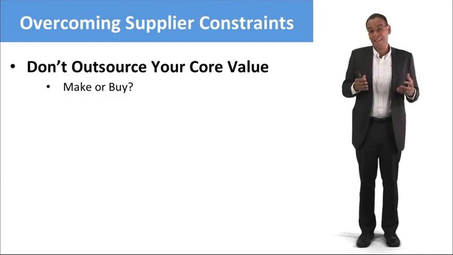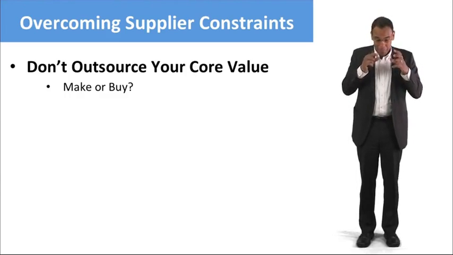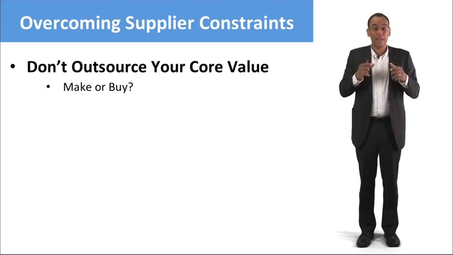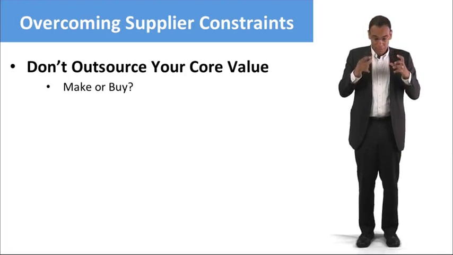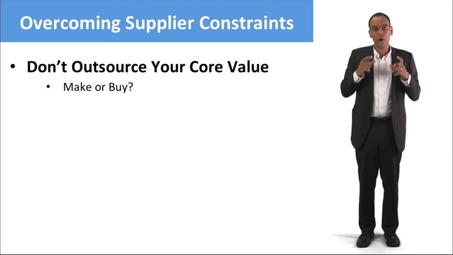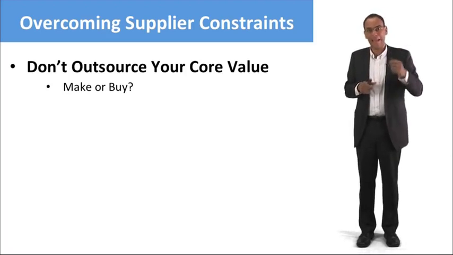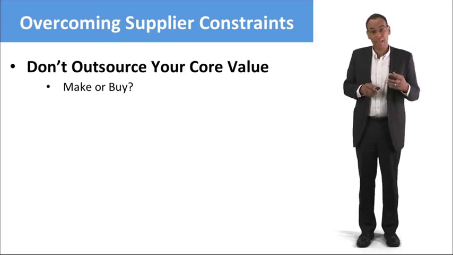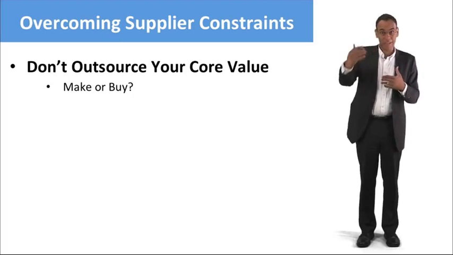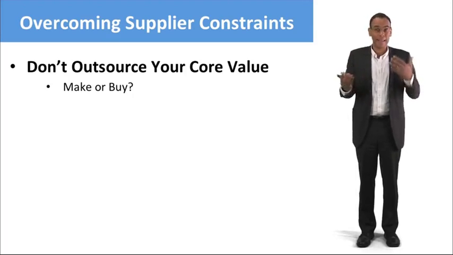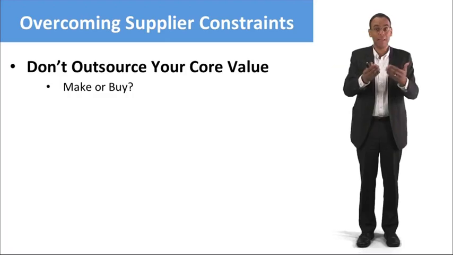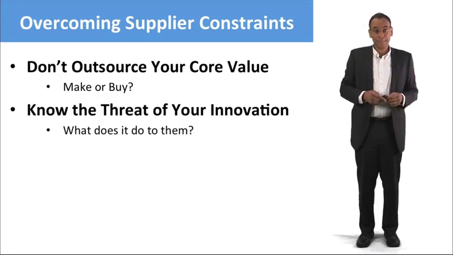Well, one thing to think about is how core is that piece to the value of what I produce? And so in terms of the digital camera, I have to think about what's the most valuable part of that, and let me not supply that. Let me not outsource that thing. Let me make the things that are most important to me where I create value. Let me outsource the things that are not core value, where I can actually set up contracts where I can get suppliers to bid against each other for something.